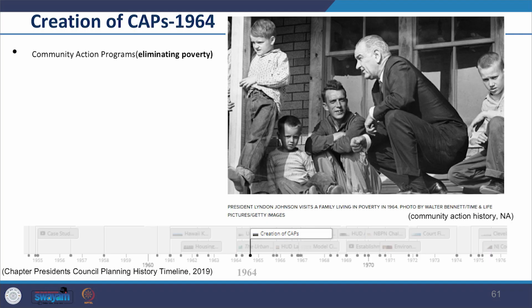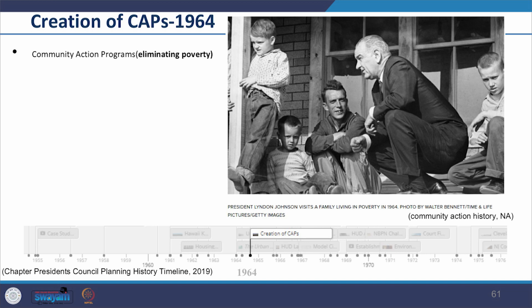Further moving on, in 1964 we see the creation of community action programs, CAPs. Title II of the Federal Economic Opportunity Act established community action programs, which were aimed at eliminating poverty.